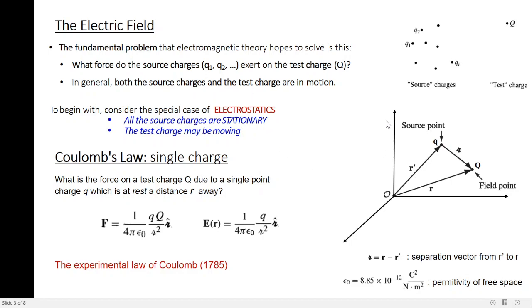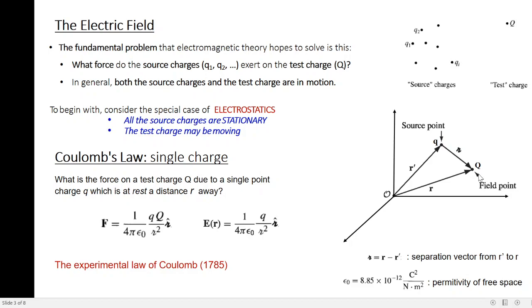Now, before measuring the force, you first need to identify the location of your source and the reference point. So let's invoke a coordinate system or a frame of reference. You have the option to choose either a Cartesian coordinate or a polar coordinate system. It doesn't matter. Now let's first locate the source point. So let me say r prime is the position vector of my source point. Be very careful with the notation. We have three different position vectors here, and the prime notation always corresponds to the source.